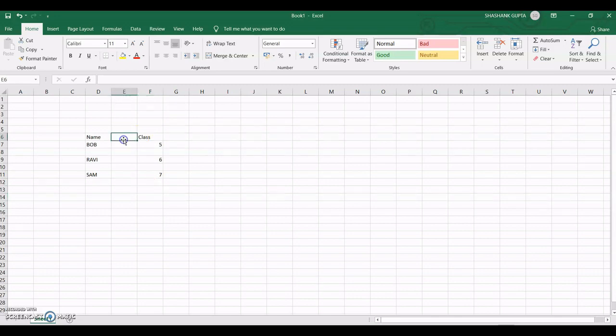Okay, another option. Suppose you want to delete that column, that is the E column, so there is another method. Go to the Home tab on the ribbon. These are the ribbon options. Go to the Cells option, where the Delete feature is. Delete Cells, Delete Sheet Rows, Delete Sheet Columns. If you want to delete the full column, just choose it. After choosing this, that column disappears. So there are two ways by which you can insert or delete your rows and columns.